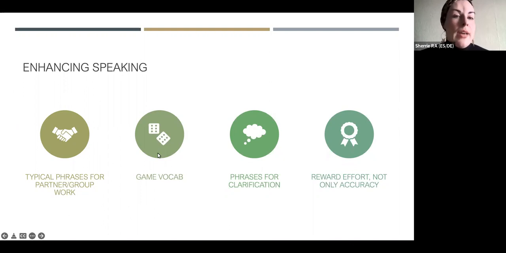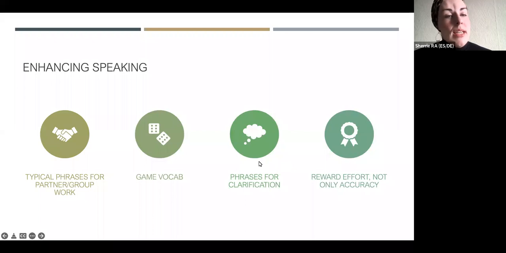And that links to game vocab. So obviously learners of all ages like games, depending on how you sell it and how gamified your activities are. So teach them game vocab. It's your turn. It's my turn. I win, you lose. These phrases don't necessarily come naturally, especially if you're a learner of English and your goal of the game is to use present continuous activities. Yeah, so increasing the use of target language through genuine interaction,